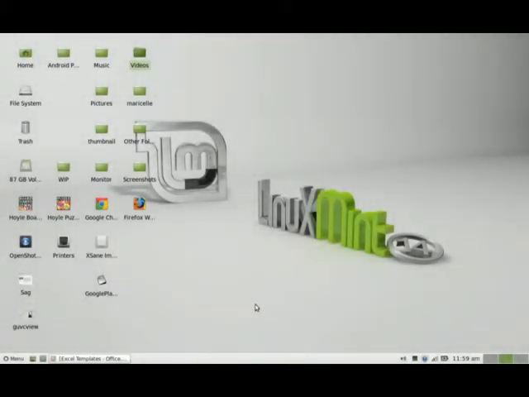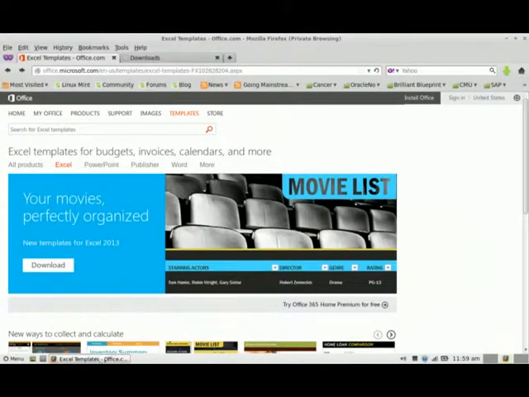Today we're going to be talking about Microsoft Excel spreadsheets. We know how important those spreadsheets are in the corporate world in terms of doing lots of business data analysis, especially on the financial accounting side. But I want to show you today that Excel can be used not only on Windows operating systems, but on Linux as well. So I've taken the liberty of going to the Microsoft Excel website,